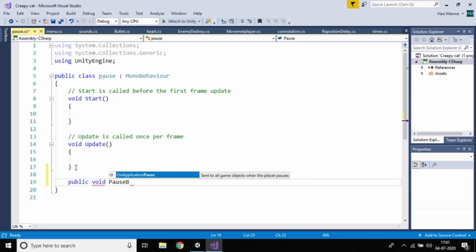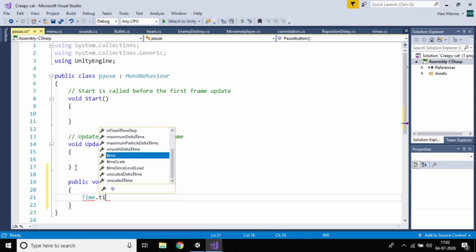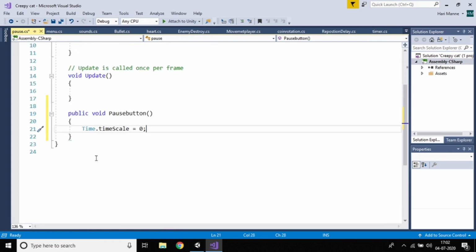pause button. So here, Time.timeScale. If you want to pause, it should be 0, right? If you want to resume, it should be 1, right?